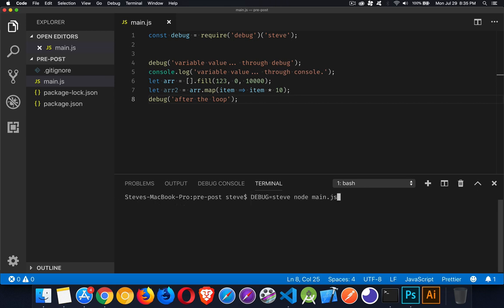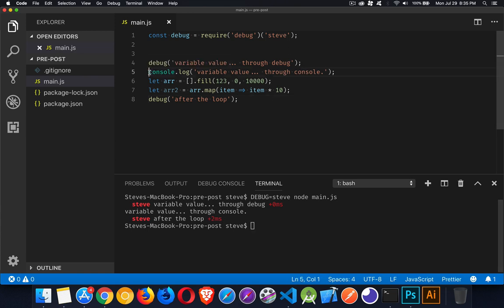Now if I run this again with the debug added in there, I'm going to see the two debug statements. There we go. So from here to here, it took 2 milliseconds. All right, so that is the debug. And as you can see, it's a lot better than having a console.log statement, because that's always going to appear. But the debug statement, if you're using that debug package,